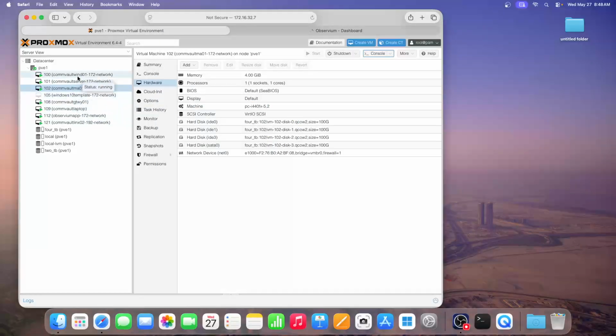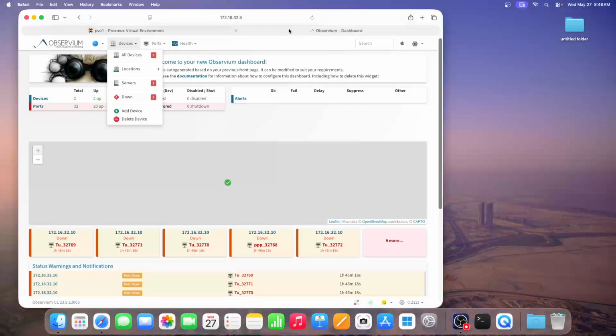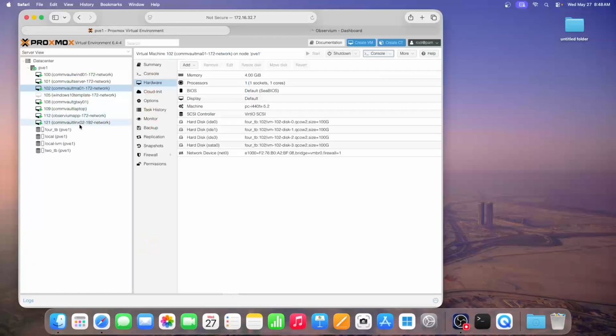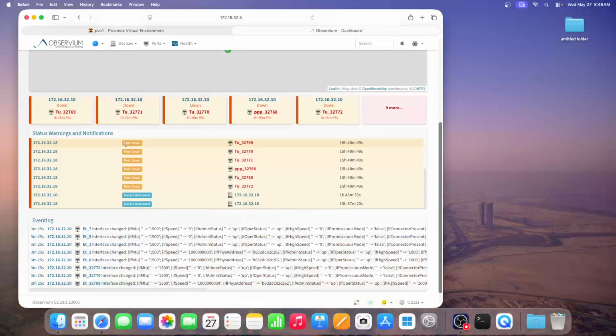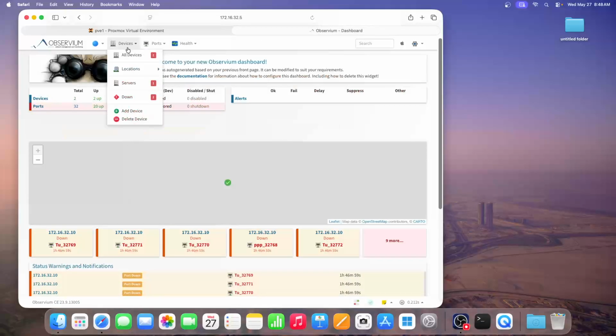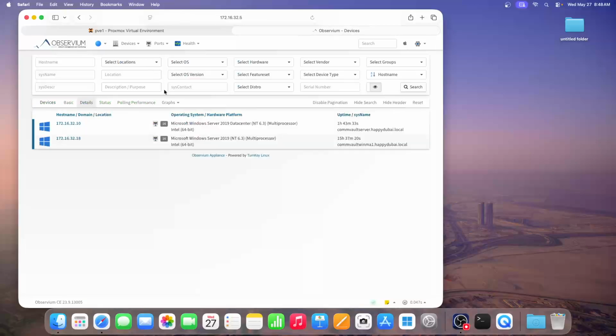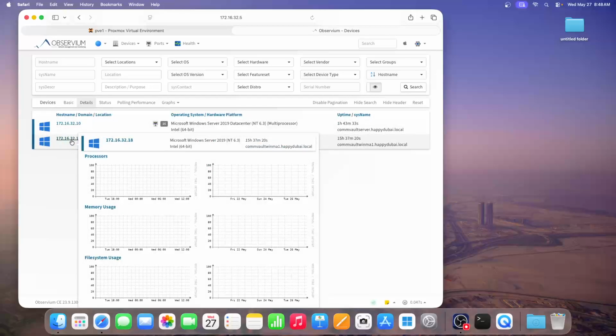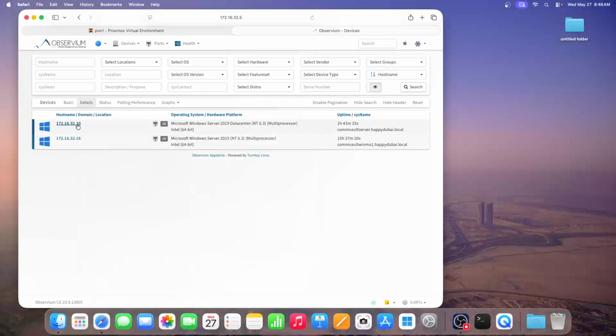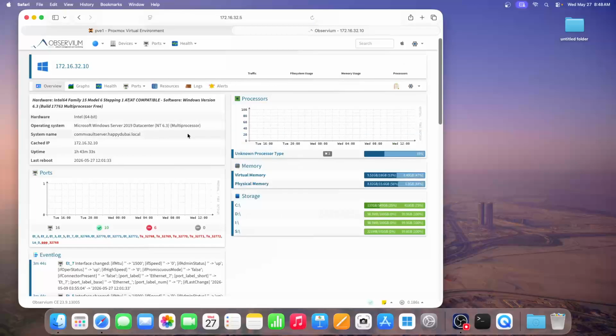And then in my Observian, which I haven't talked about yet, that is a tool that monitors the environments, the different devices. So there's all devices. You can add them. Real easy to do. This tells you about the server itself. This is a ComServe, and this is the media agent. So click on it. It'll tell you